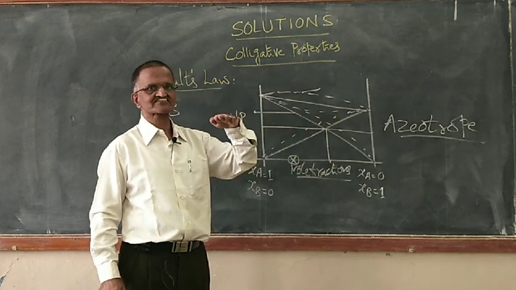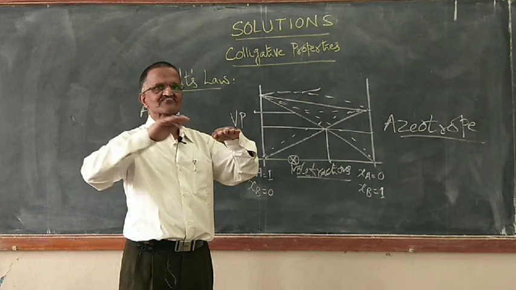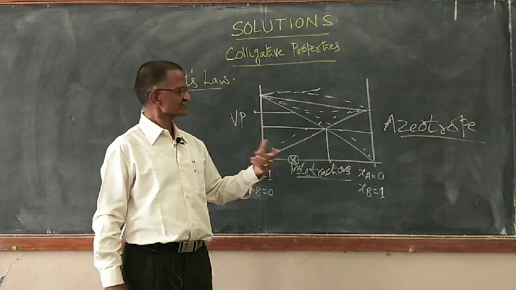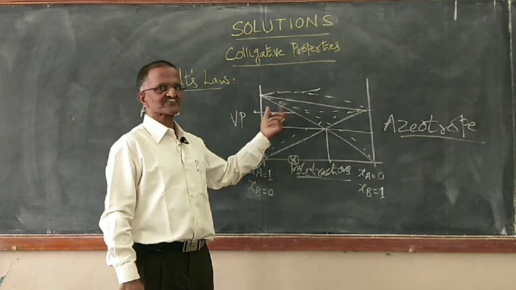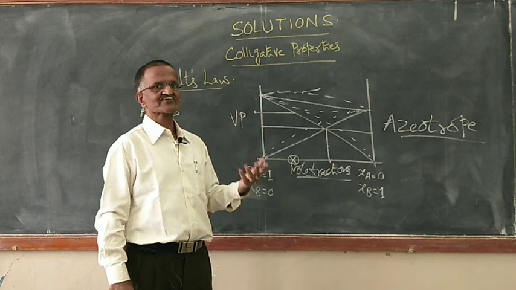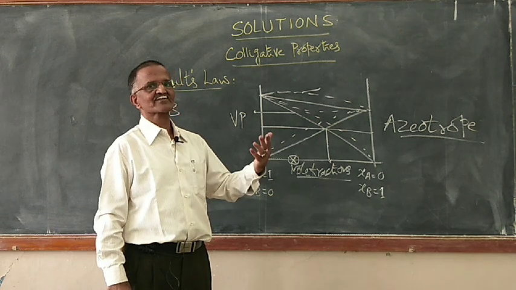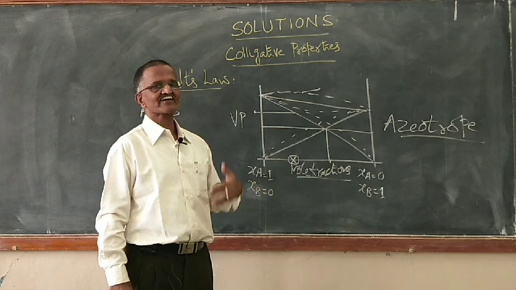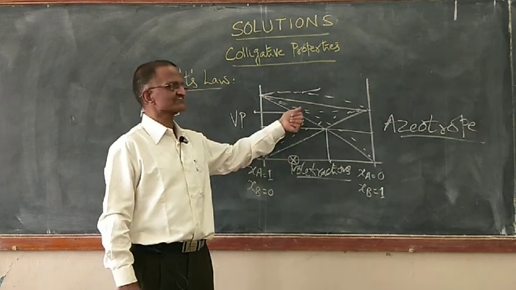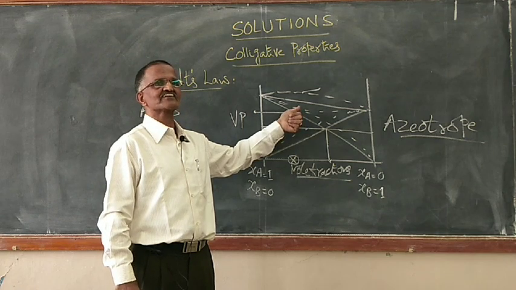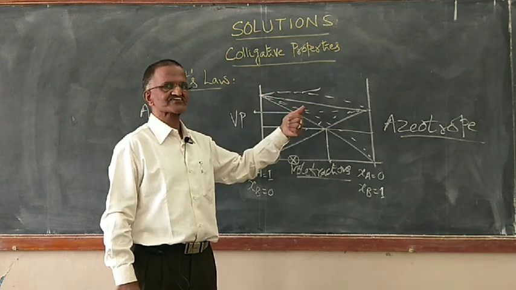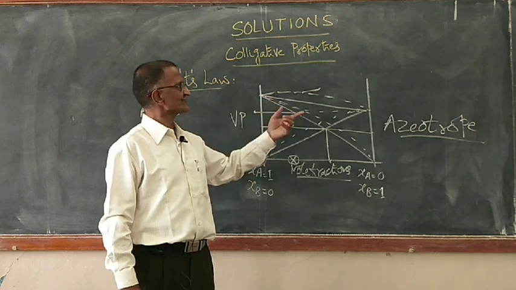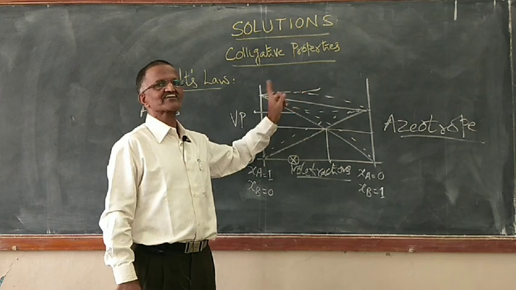If negative deviation is there, the total vapor pressure will be less. For this total vapor pressure to become equal to atmospheric pressure, I have to go to a higher temperature. So because of the attractive forces that are present, that mixture will not boil at the expected temperature; it will boil at a higher temperature than expected. That means I am going to have a higher boiling mixture because of the attractive forces. When there is negative deviation from Raoult's law, you are going to have a higher boiling mixture. If there is positive deviation, you are going to have a lower boiling mixture.